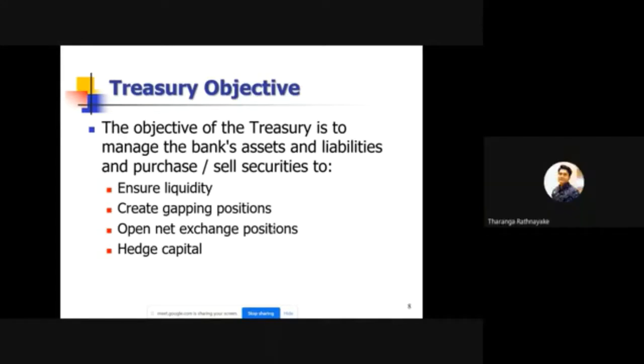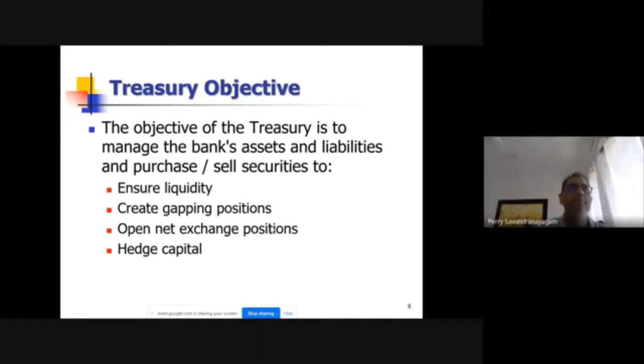Then the next part of it is the deal ticket transaction. Now, when the deal ticket comes to the back office, they will take the deal ticket and wait for the client confirmation. And the client confirmation will come to the back office. They'll match the client confirmation versus the deal ticket and make sure that they match.